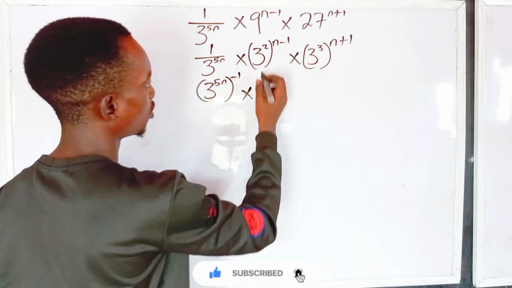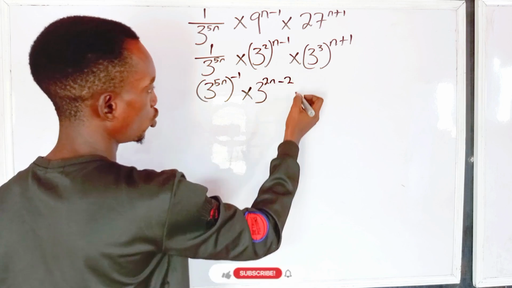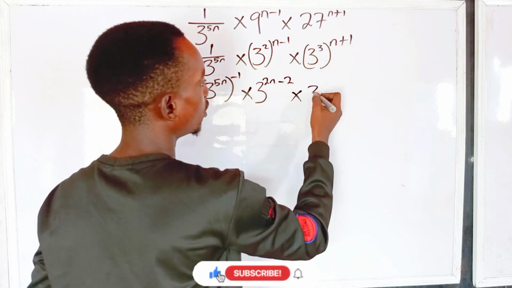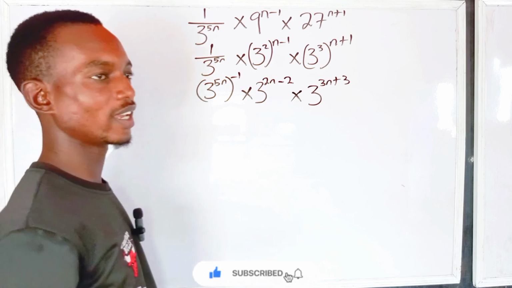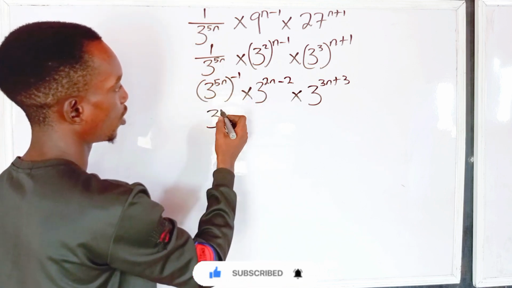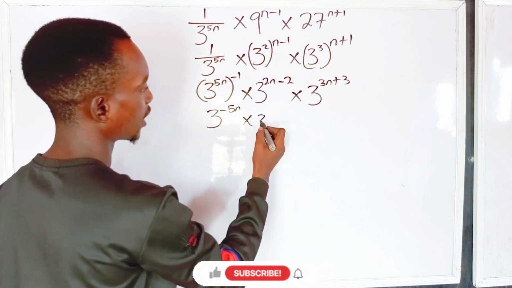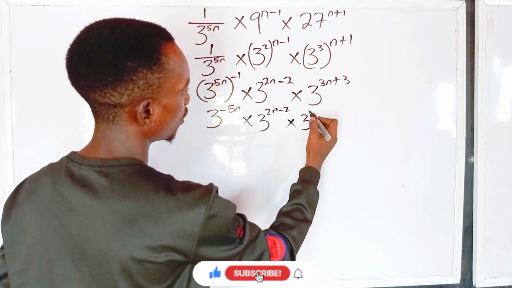So here we have 3 to the power of 2 times n is 2n, minus 2 times 1 is 2. Then times, do the same thing here also. This power multiplies this power. 3 to the power of 3n plus what? 3. Yes, we are getting there. Yet we have power of a power, so let's simplify. We have 3 to the power of negative 1 times 5n, that's negative 5n. And times 3 to the power of 2n minus 2 times 3 to the power of 3n